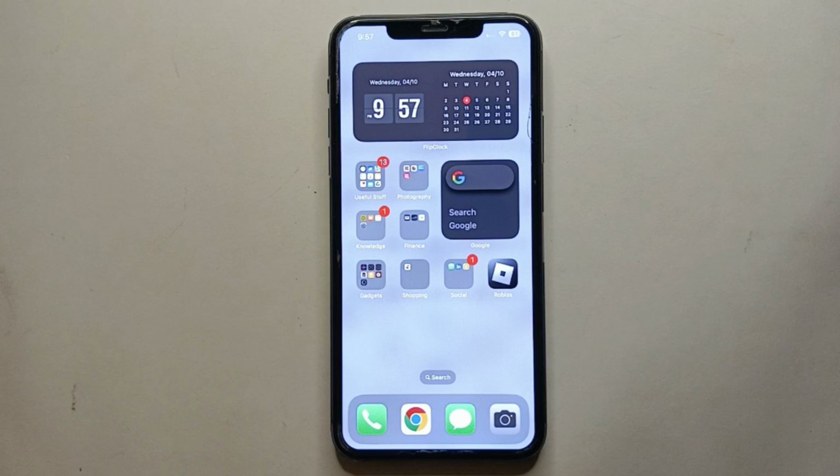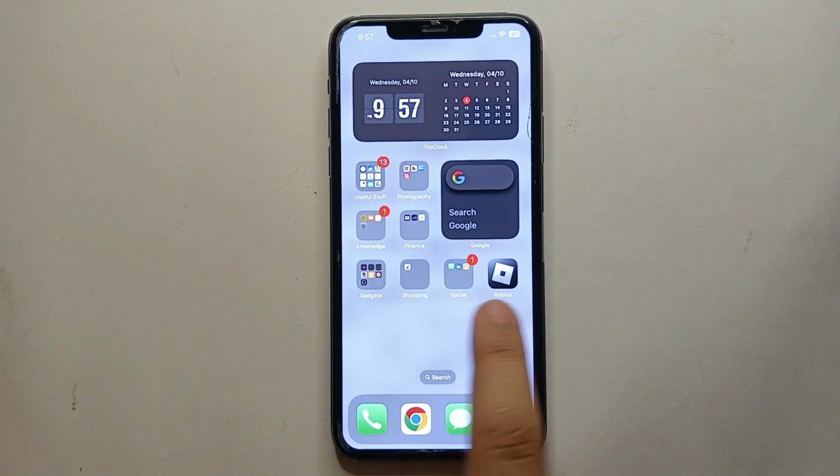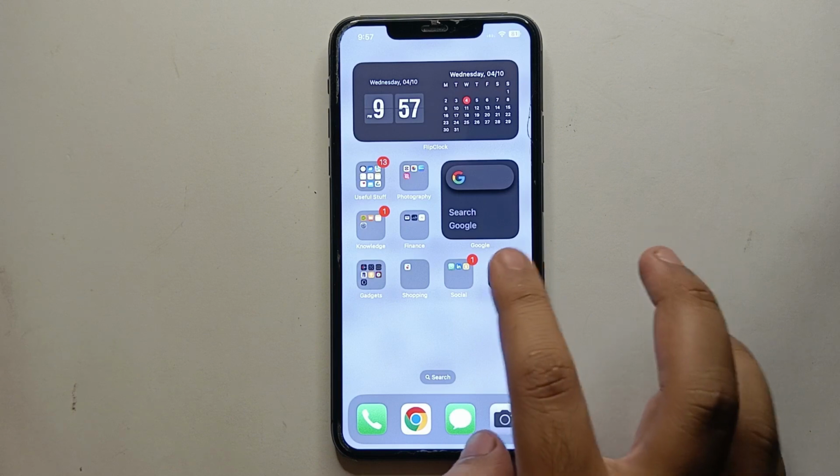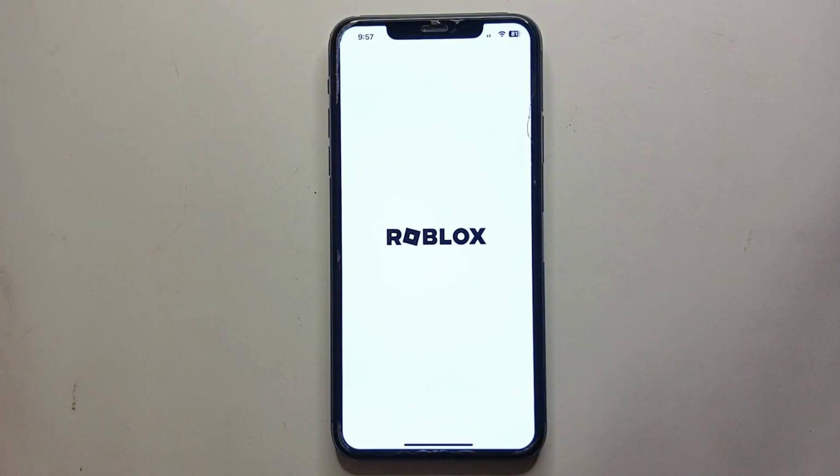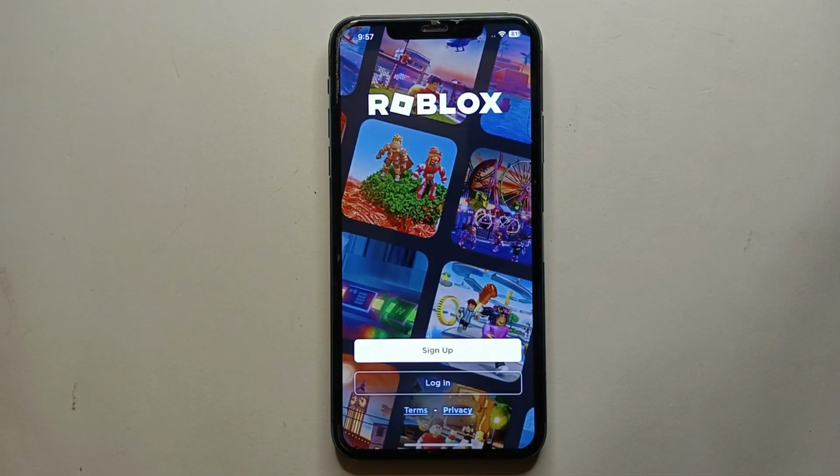First, you have to make sure that you have the Roblox app on your mobile phone. In case you don't have it, you can still install it from Google Play Store or App Store. Once the app gets installed, make sure you have created your account on it. Now just simply tap on the icon of the Roblox app to open it. The app will just take a while to load, and once it's done loading, you will land onto